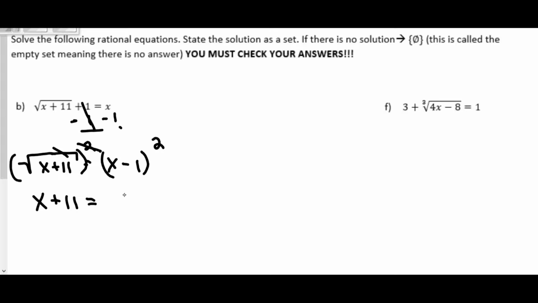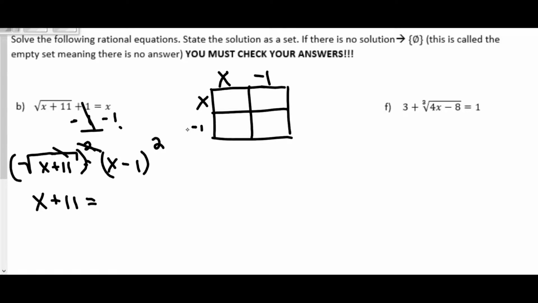And then x minus 1 squared, you could either FOIL this, double distribute, or do the box method. I prefer the box method because it's more organized and easier to see. So x minus 1 times x minus 1, and you're just going to work yourself through the box. After I work myself through the box, I get that x minus 1 squared is equivalent to x squared minus 2x plus 1,